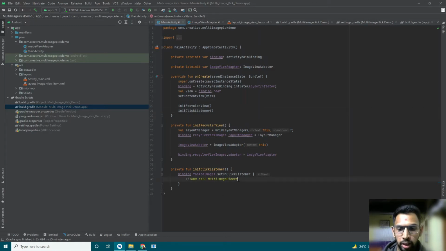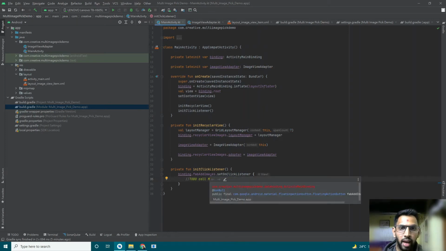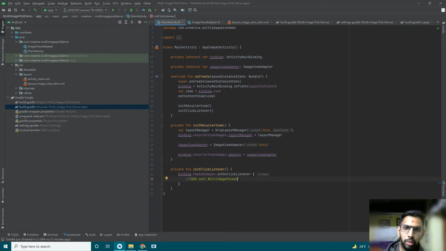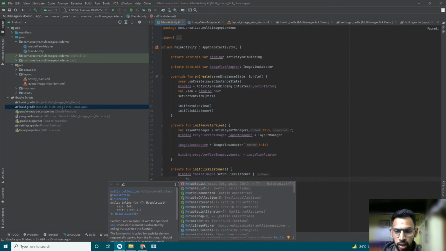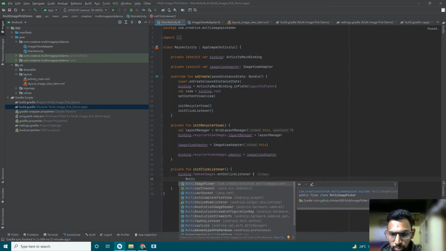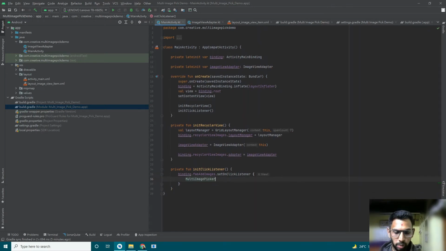So here, on clicking the FAB, the floating action button, we need to call the multi-image picker library where the user can select the images. I'm showing you how to call the library. We just have to write MultiImagePicker dot with.